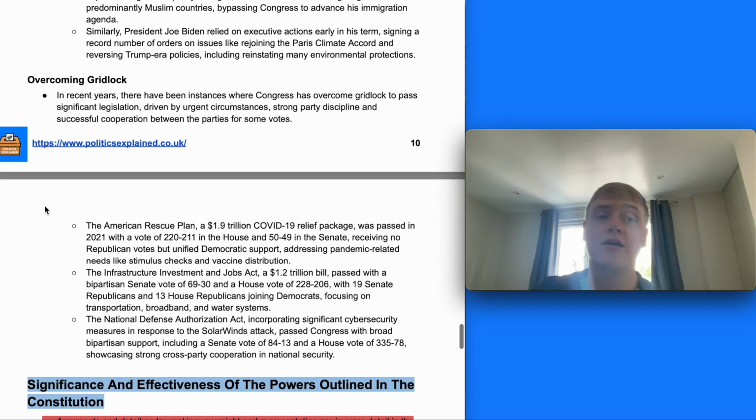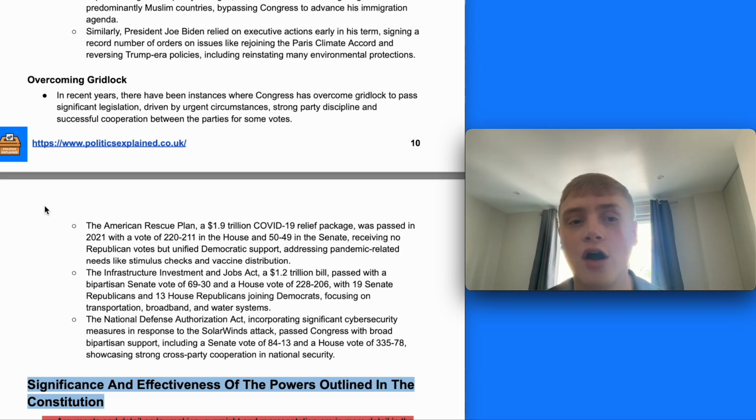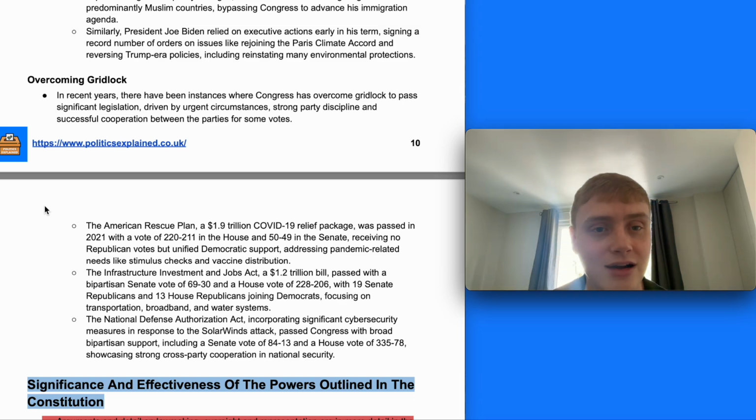It's worth noting, however, that in recent years there have been a number of instances where Congress has been able to overcome gridlock to pass significant legislation driven by urgent circumstances, strong party discipline, and successful cooperation between the parties for some votes. So sometimes they've been able to pass things through strong party discipline, as I mentioned a little bit earlier with the Tax Cuts and Jobs Act and the Affordable Care Act, but sometimes it's